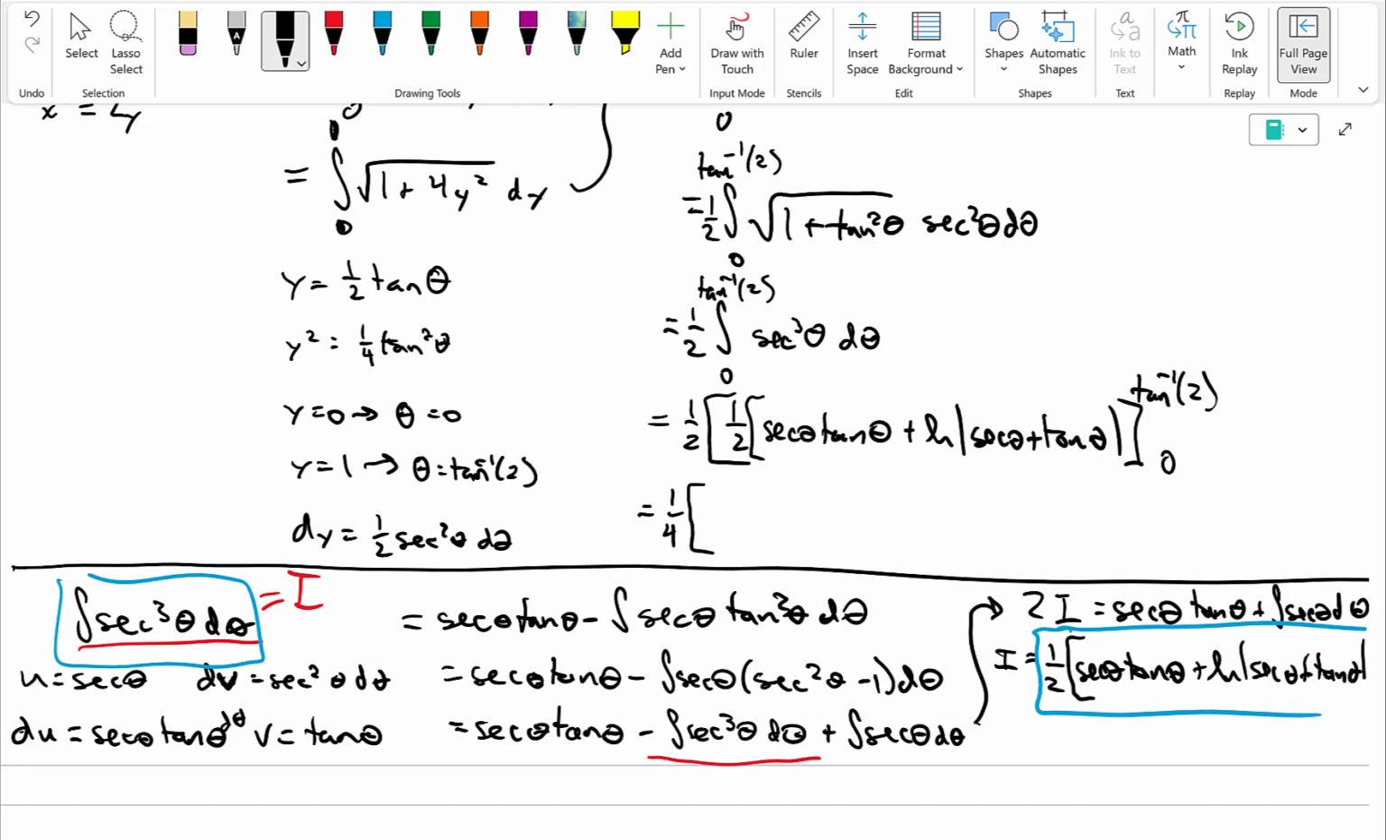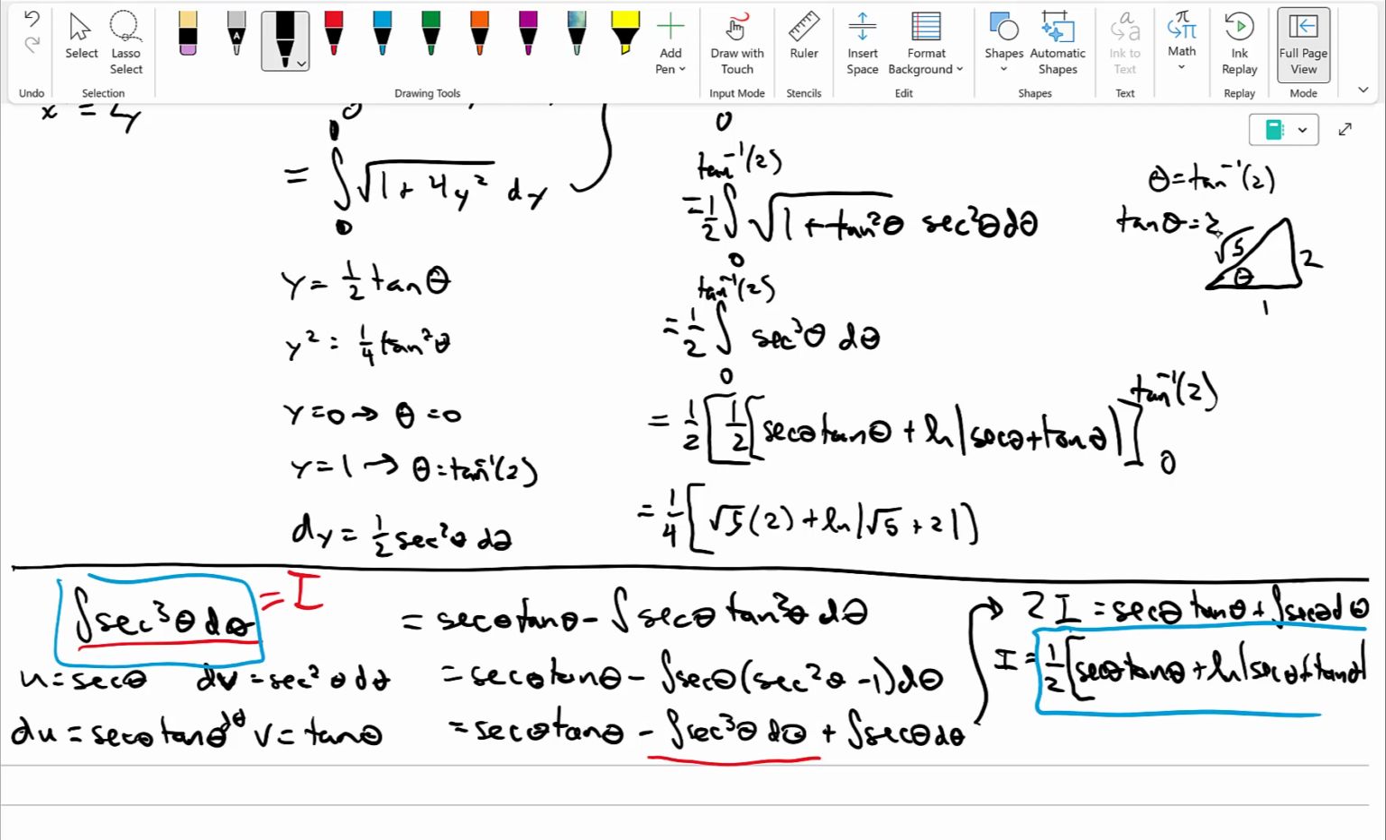So secant theta of tan inverse 2, so secant of tan inverse 2, we can just draw out a triangle over here. We'd have theta equals tan inverse 2, so tangent theta equals 2. Back to some trig, so 2 over 1, which makes hypotenuse the square root of 5, right? 1 squared plus 2 squared. And then secant then would be that hypotenuse over adjacent, so we get a root 5. Tangent of theta would just be 2, so root 5 times 2, plus natural log of root 5 plus 2,